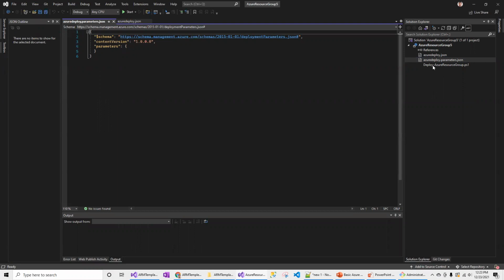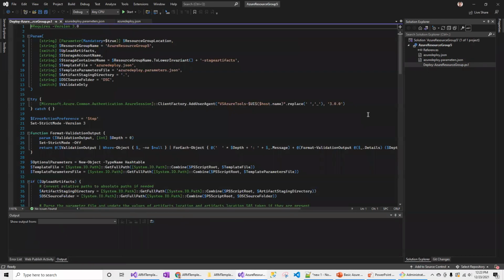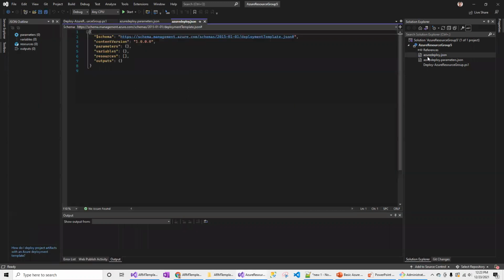These are the two files along with the deployment file, which is the Deploy-AzureResourceGroup.ps1. I will talk about this. Now, this template will have empty information. There is nothing, but what we are going to do is create the resource group using this particular project.